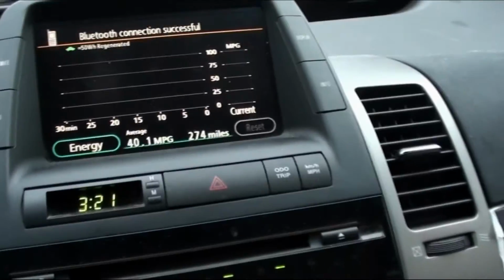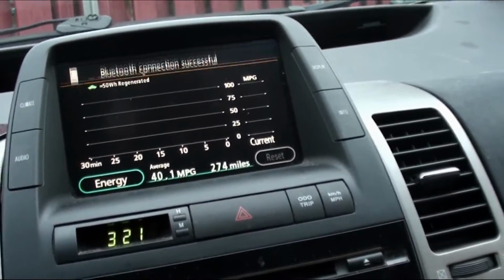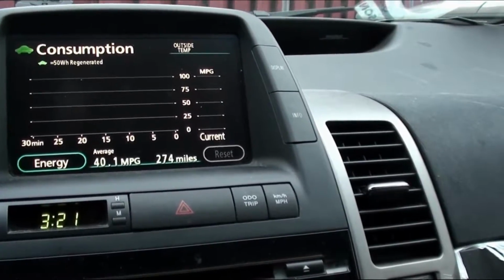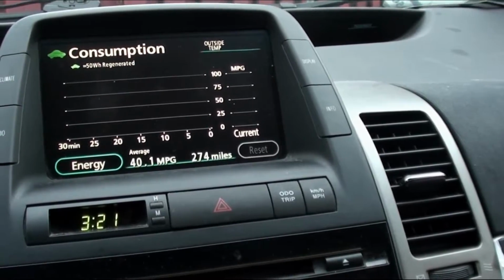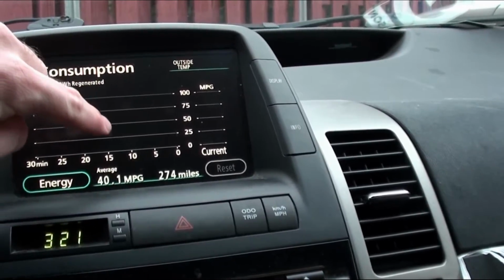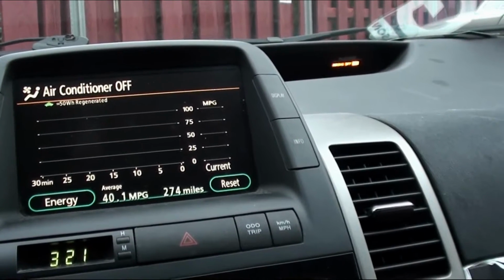Now, the next thing that I wanted to show you about this car that I wish it did come with was, I wish it came with a distance to empty meter. Now, you can see right now you have the little screen that shows you, if we were driving, there would be a bar graph here that shows you, in fact, maybe if I turn the car on,